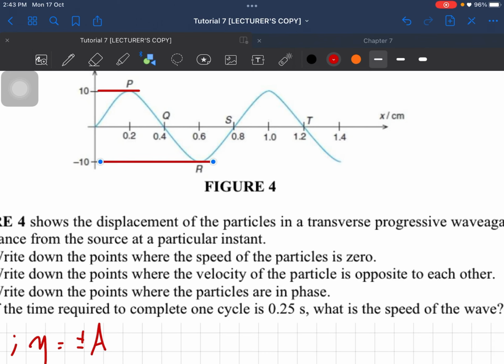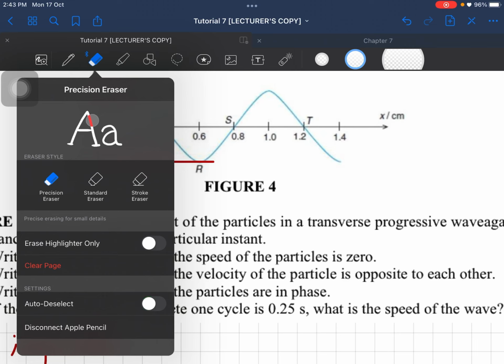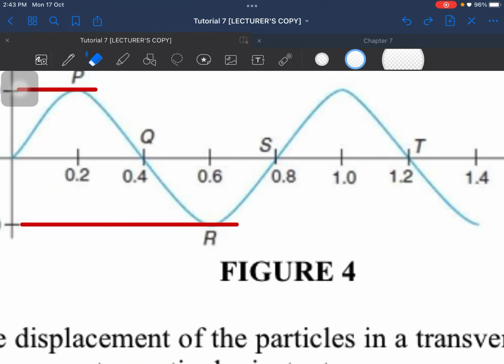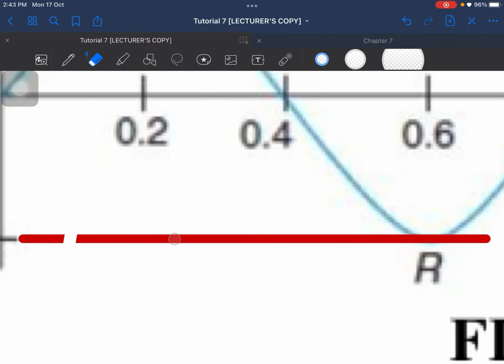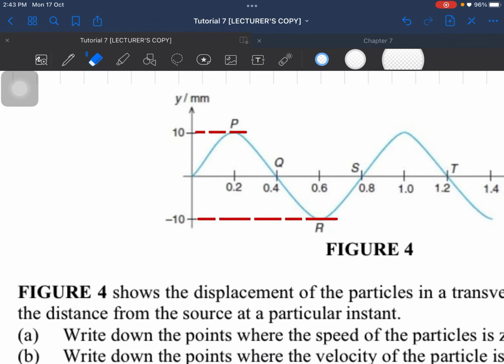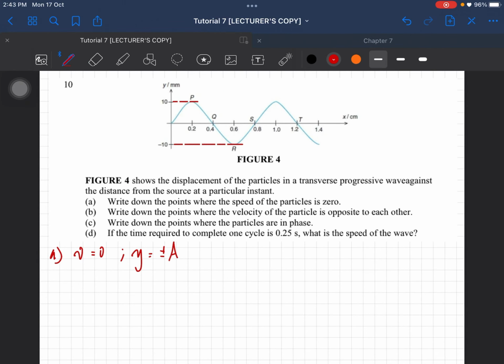So basically, the answer is going to be point P and point R, because they are both at the position where y is equal to the amplitude. So the answer is point P and